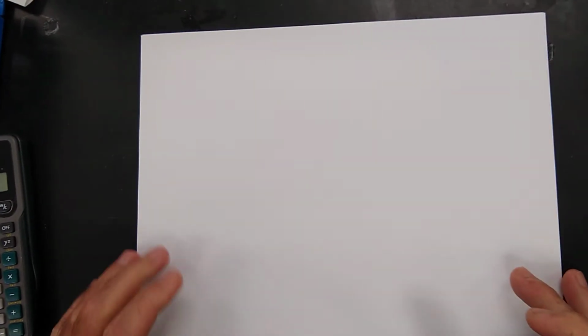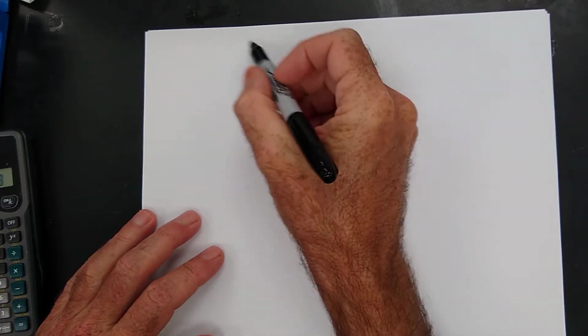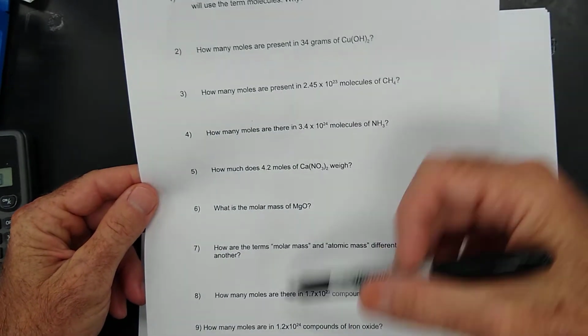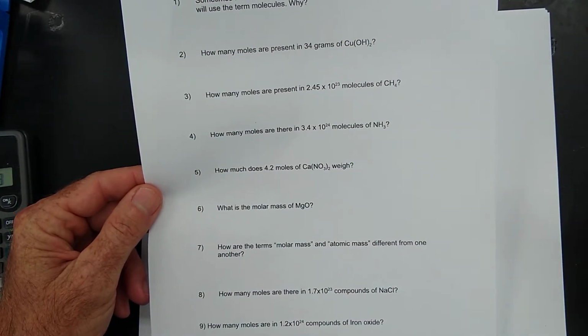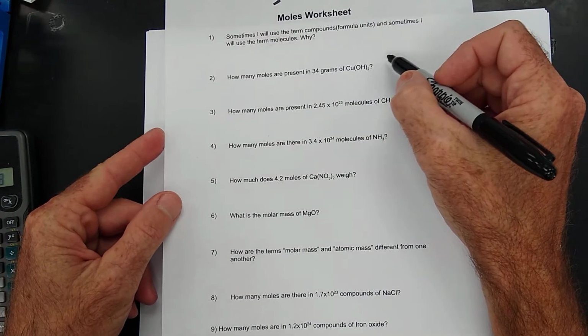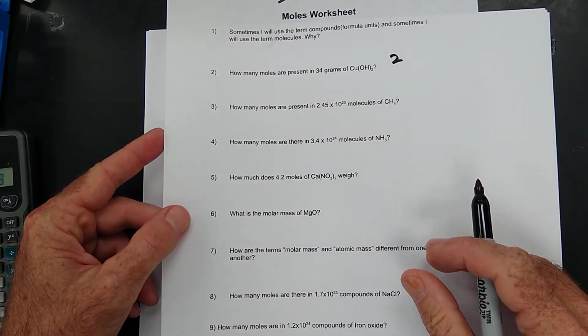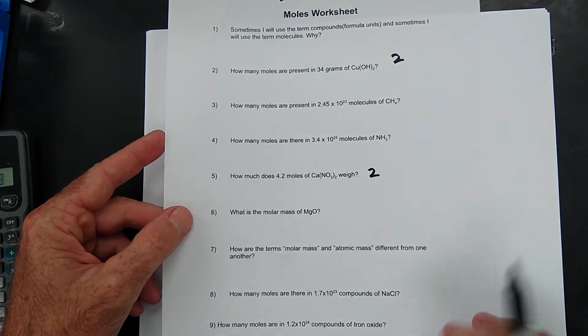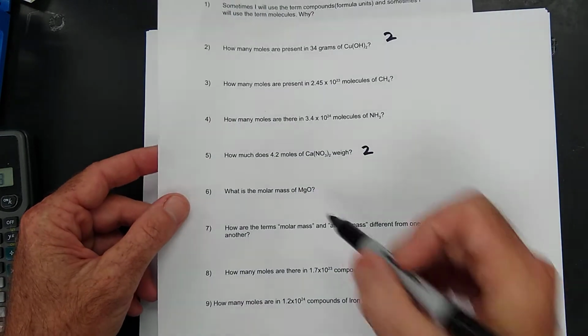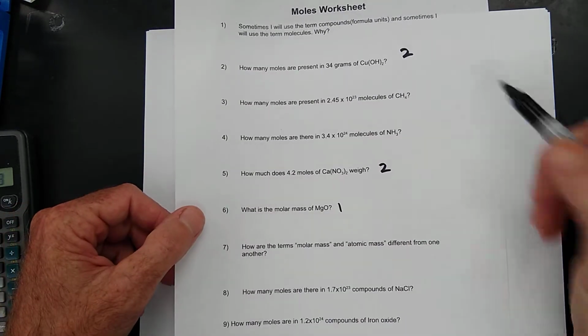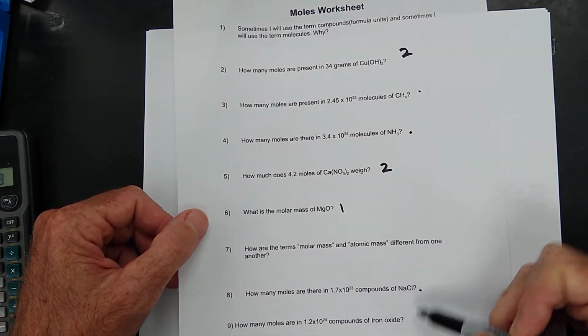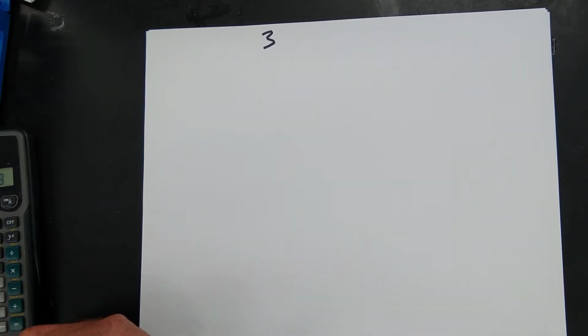All right, we're trying another Edpuzzle here, people. This Edpuzzle is going to go with worksheet number 3. It's a worksheet that looks like this. Now, there's a couple of problems on this worksheet that are still from worksheet number 2. Like, look, that's really from worksheet number 2, right? That's really from worksheet number 2, okay? Shoot, that one's from worksheet number 1. But the rest of these problems, I'm going to show you how to work right now,